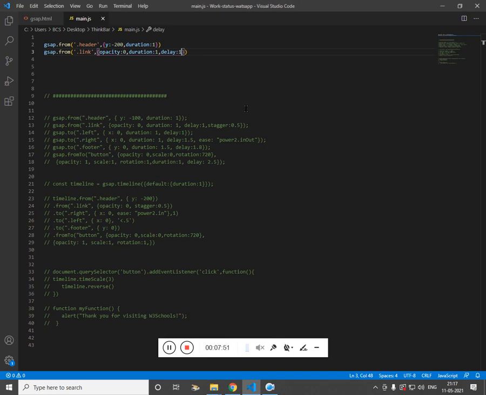I'm using link, not links. We have another property called stagger, and I'm going to use it at 0.5. What the stagger does is, let me see what the error is. It should come inside.